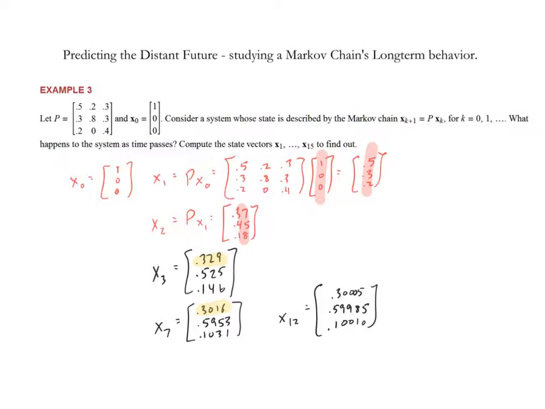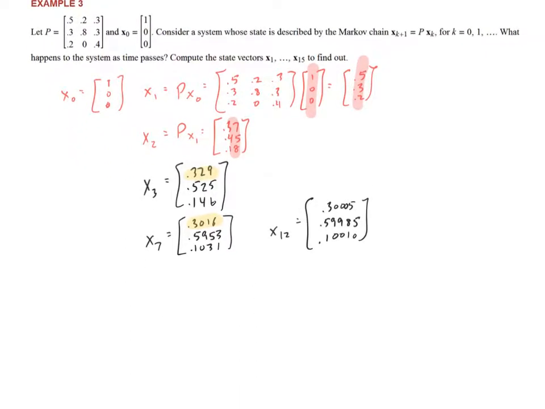It looks like, if we talk about limits and everything in calculus, right, it looks like our limit is approaching 30%. Our limit here is approaching maybe 60%. And here we're approaching 10%. And we don't need calculus to actually fully investigate this. And you'll see in a little bit how that works. But since the problem says out to x15, let's write that one down. x15 is equal to 0.30001,